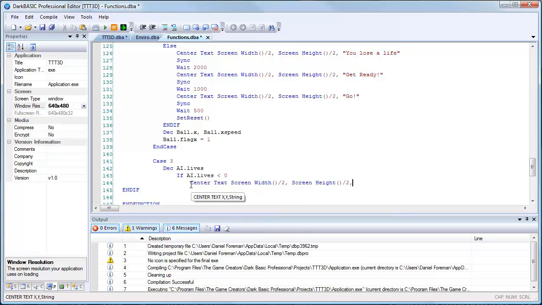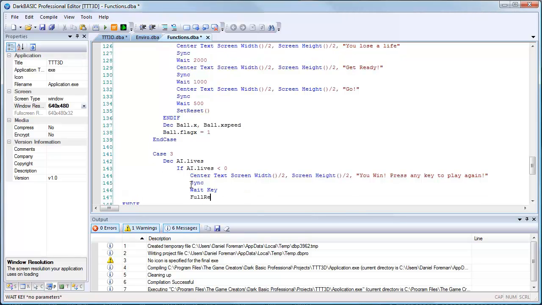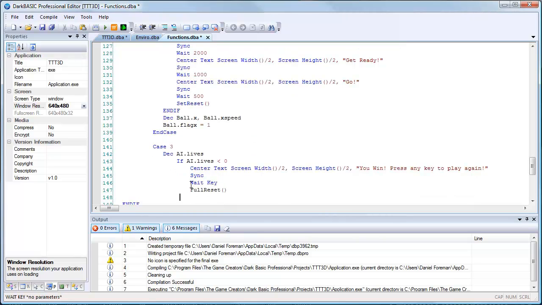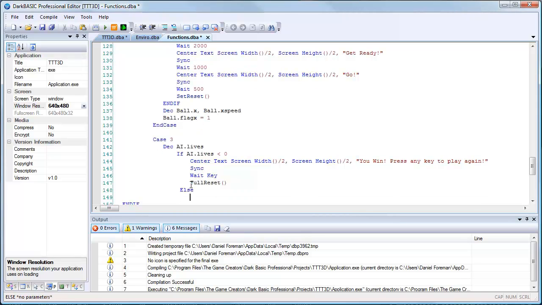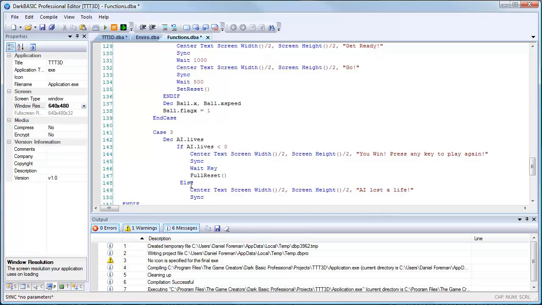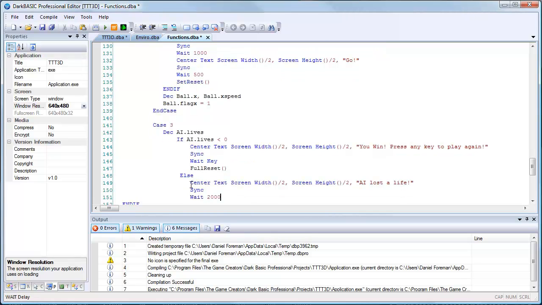We're going to give the message "You win!" Press any key to play again. Sync, wait key, full reset. Then we need an else condition, so if it's anything higher than 0, then center text, and we want the message "AI lost a life!" Sync, and wait 2000, and